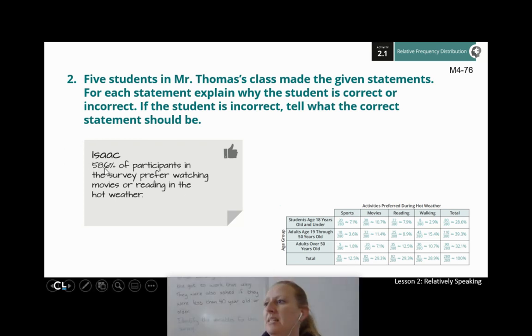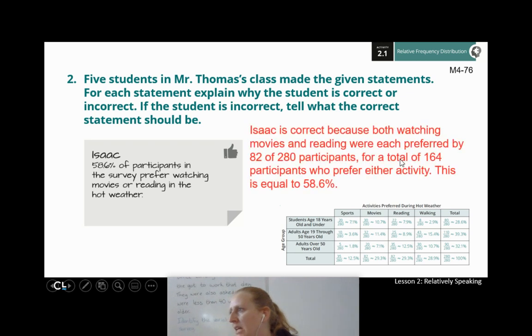So let's start off with Isaac. Isaac says 58.6% of participants in the survey prefer watching movies or reading in the hot weather. So here's movies, here's reading. And sure enough, if I grab my calculator, 29.3% plus 28.9%, yeah, that's over 58%. That's a lot. Okay. So I'm going to say Isaac is correct because both watching movies and reading were preferred